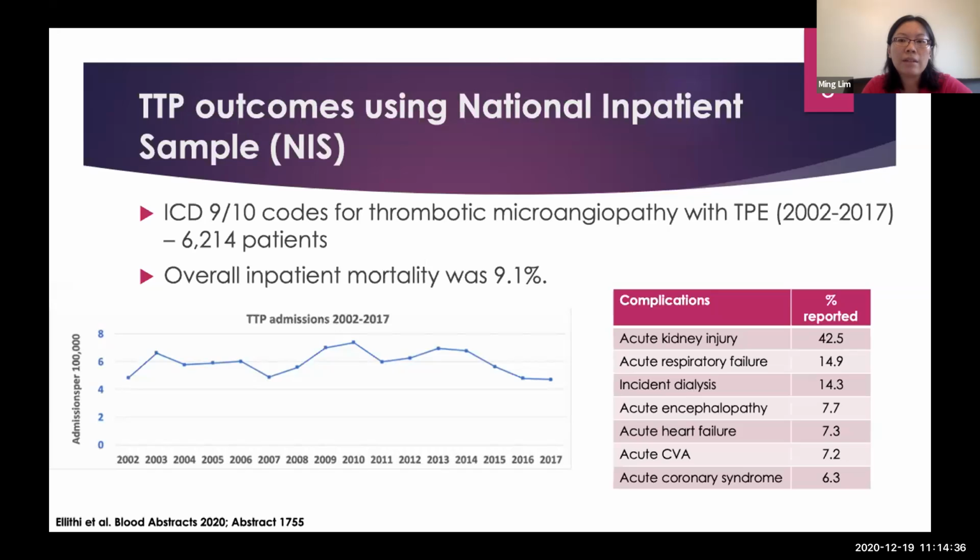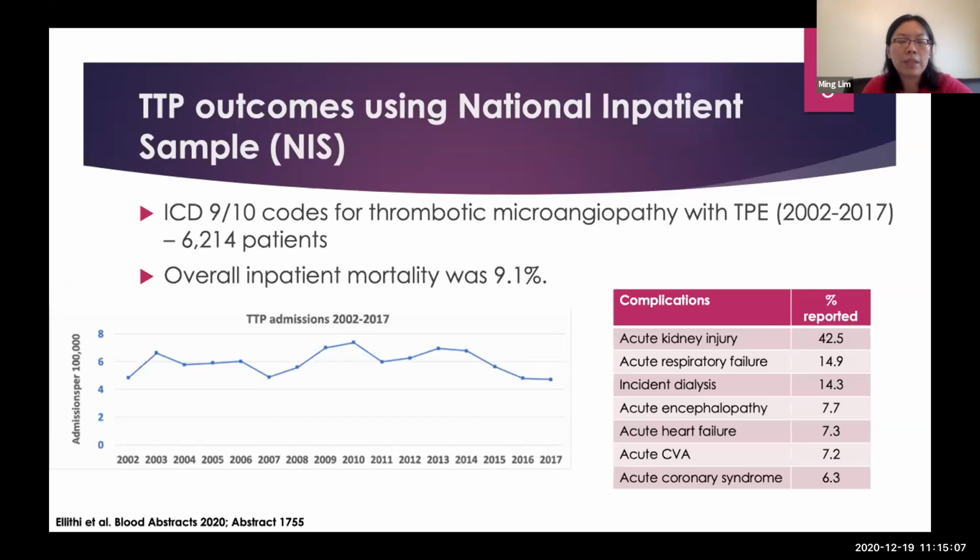They looked at a cohort from 2002 to 2017, and they used ICD-9 and 10 codes for thrombotic microangiopathy. There isn't an ICD-9 or 10 code for TTP alone, so you have to use thrombotic microangiopathy, which is kind of a huge catch-all phrase. But the way they tried to hone in on TTP is that they made sure there was a procedure code for therapeutic plasma exchange. And so this revealed about 6,000 patients, and they found that the overall inpatient mortality was